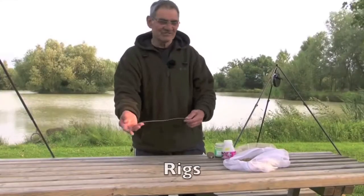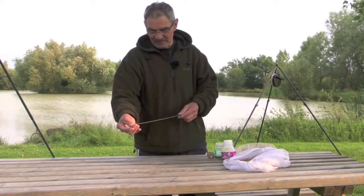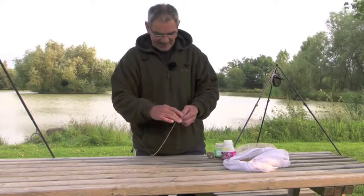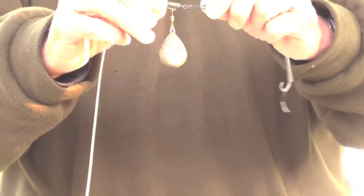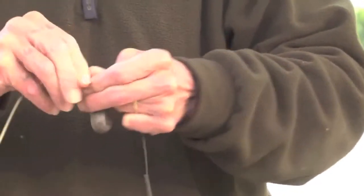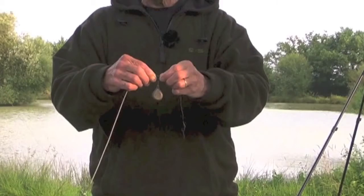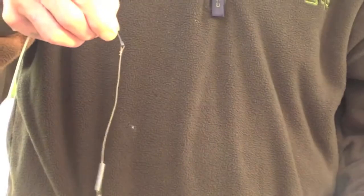It's just a safe zone leader, as normal, standard. All carp fishermen would know that. It's an anti-tangle rig, goes down to the lead link, which can come off if a fish gets tethered and you lose the lead. I use 3-ounce leads, by the way, here. We then go to the hook link,